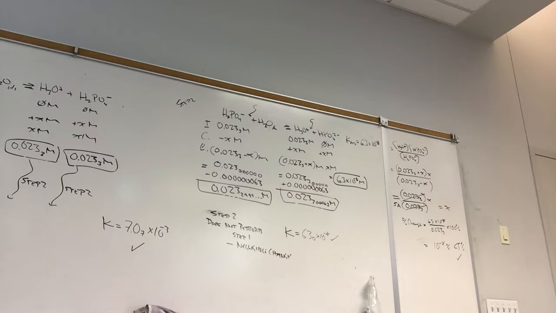Arsenous acid is a monoprotic acid. Step 1 would be 10 to the minus 10. Step 2 would be Kw. Kw is 10 to the minus 14. 10 to the minus 10 versus 10 to the minus 14? Probably just step 1. The only exception for that is very dilute